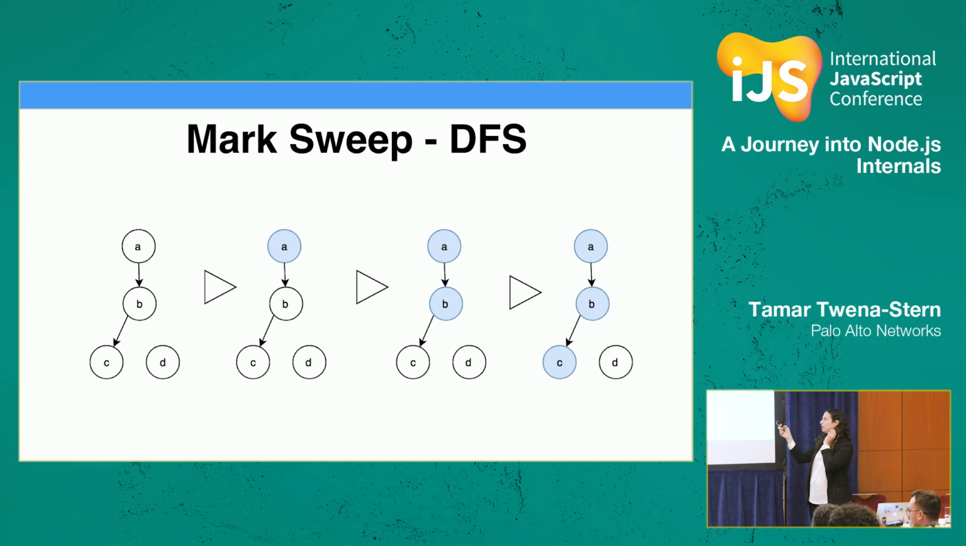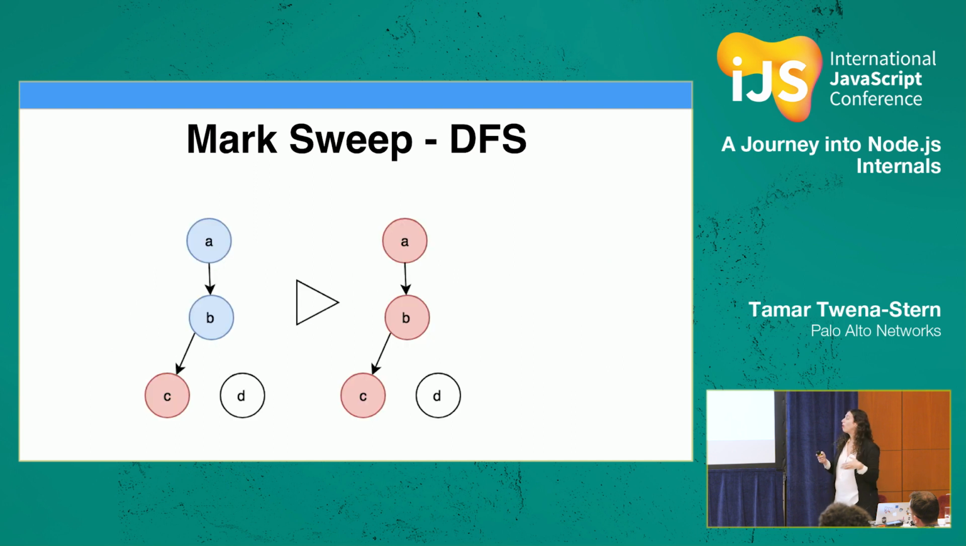You see that D is disconnected from this object graph. First, I'm starting from the root, which is A. I'm discovering all of its children. Here it has only one child, B, then I'm discovering all of B's children. I'm getting into C. And then I'm starting to mark all of them as visited from the bottom to the top. And at the beginning, I'm just going to erase all the disconnected